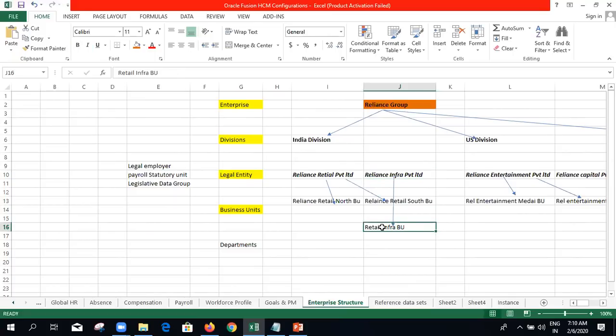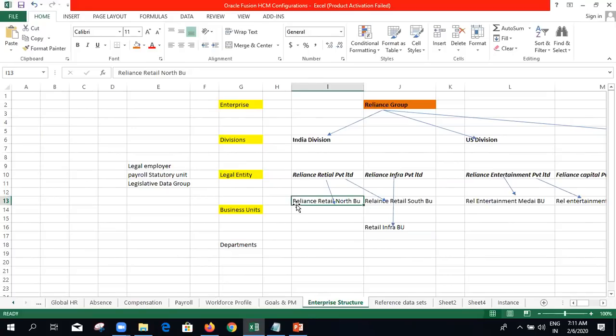Here we have to make a note that there is no compulsion that a client has to have this many business units, 2, 3, 4. There is no count. Depending upon their business functionalities, they can have many business units. But at least one business unit is mandatory for one legal entity,